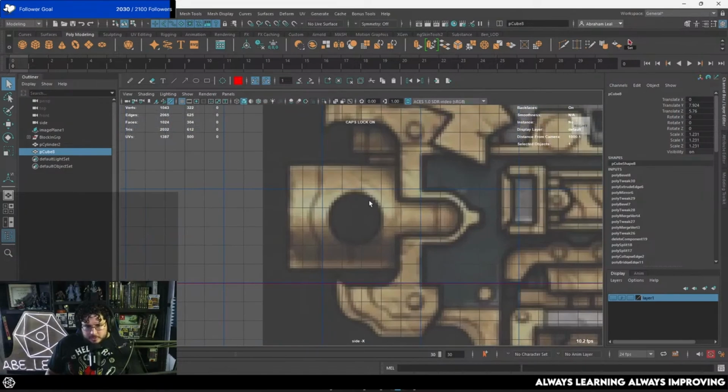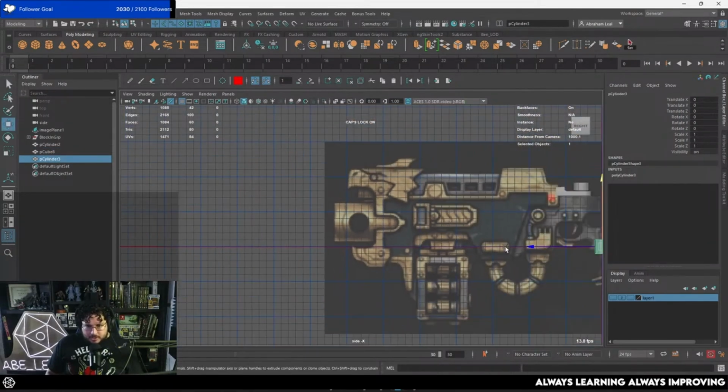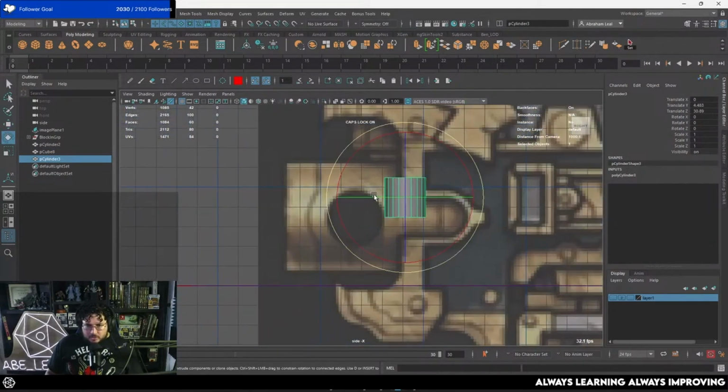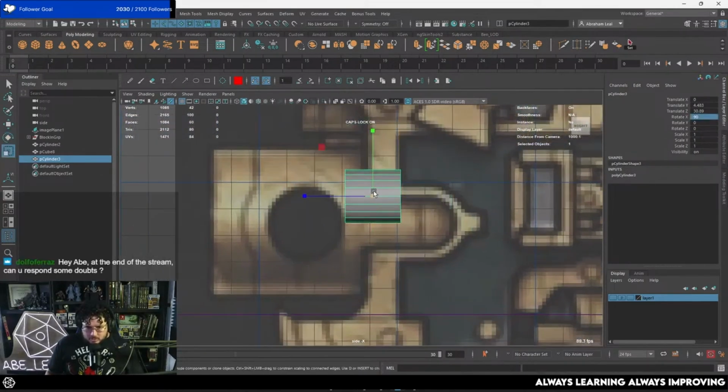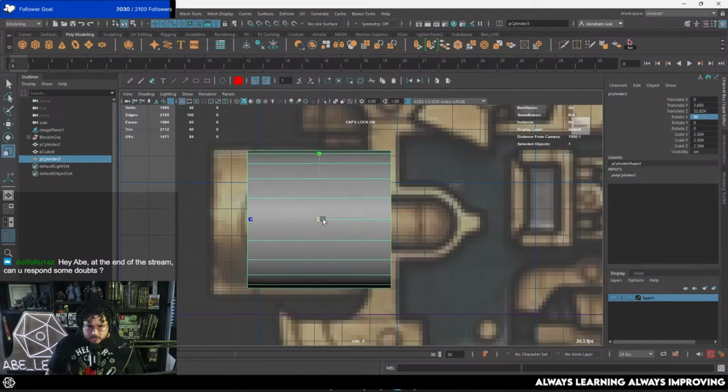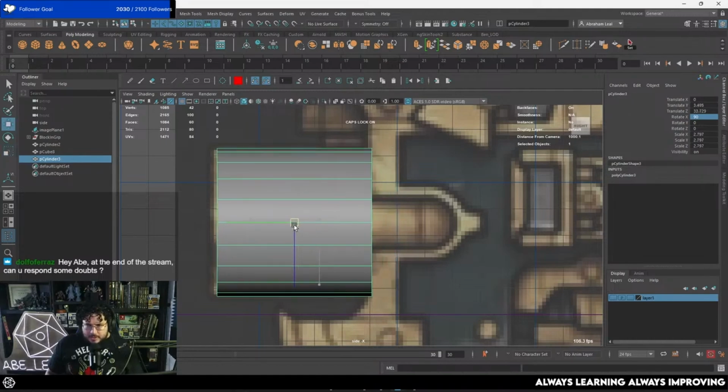Let's go for something a little bit more challenging. Let's go for this cylinder right here. So I want to show you how I would try to deal with this. So cylinders, especially cylinders that have holes in them, or geometry that is going to be touching them,